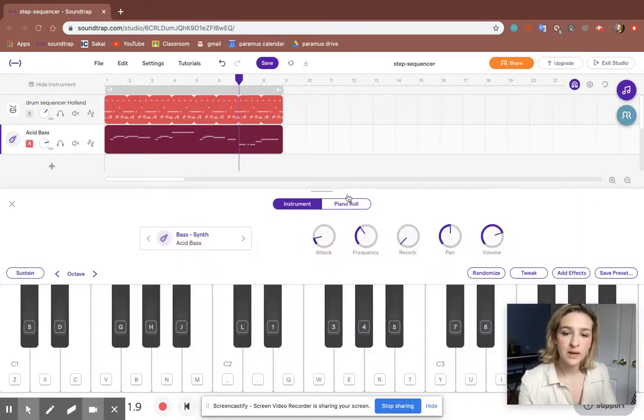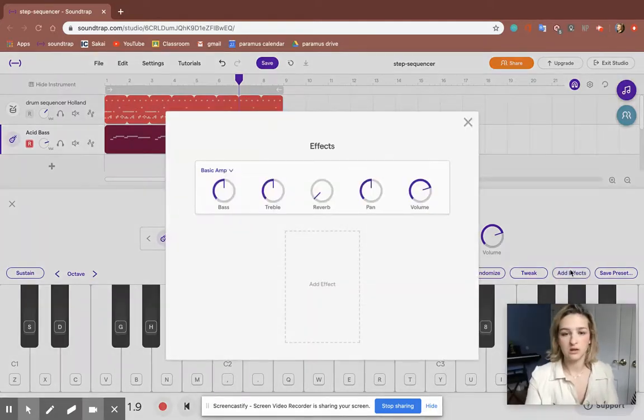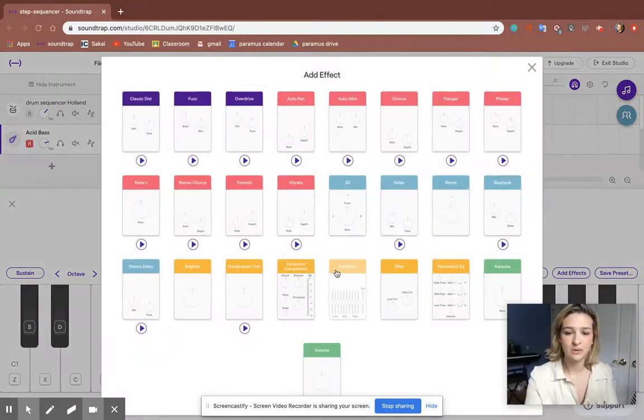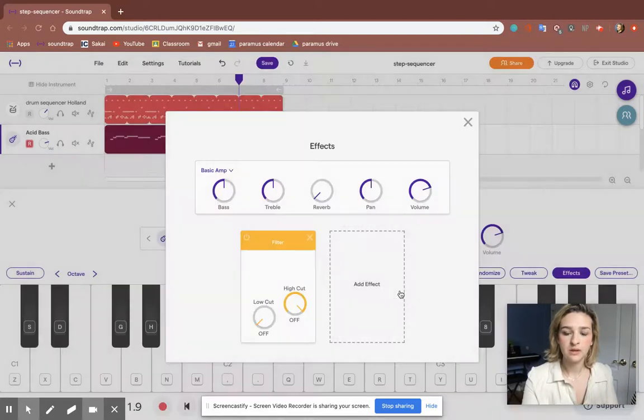If we go back to instrument instead of piano roll, we can see that there are all of these effects, and then there are effects that are a little more involved than just the basic ones. I don't like how fuzzy it sounds. I want it to sound a little less bright. What I did was select a couple of different ones, one at a time, and play with the scroll. Like if I click filter and then